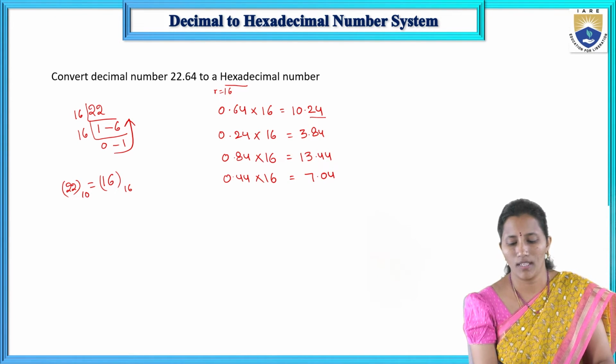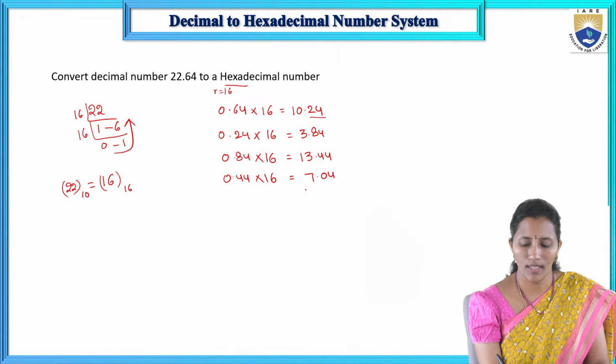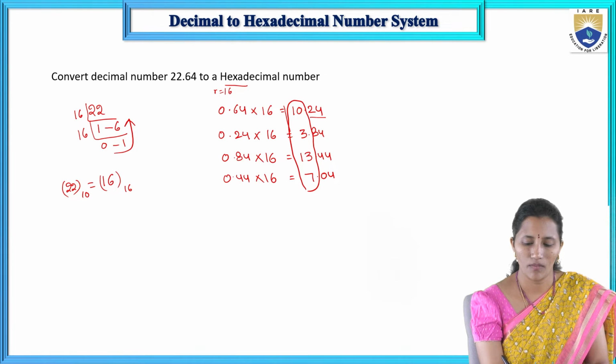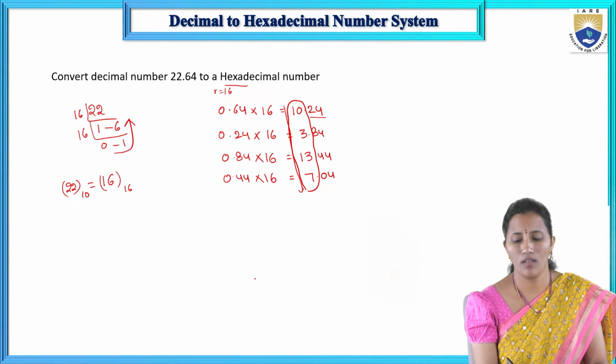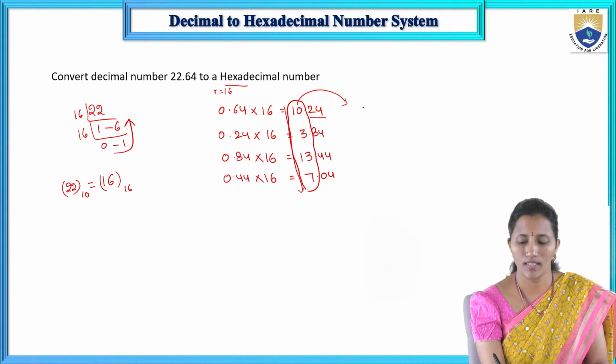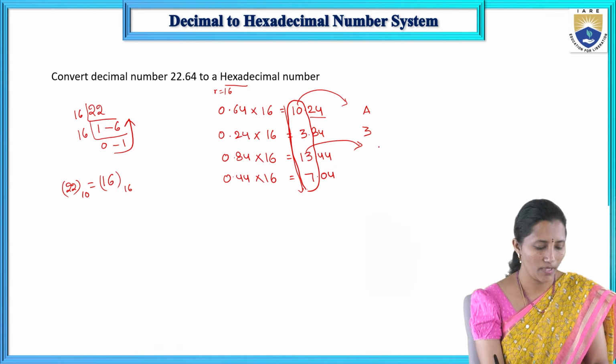Okay, so here only consider the integer values and write them from top to down. So 10 is represented by A, 3 is represented by 3, 13 is represented by